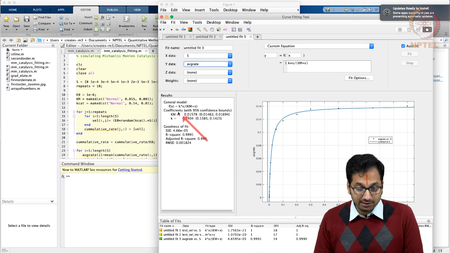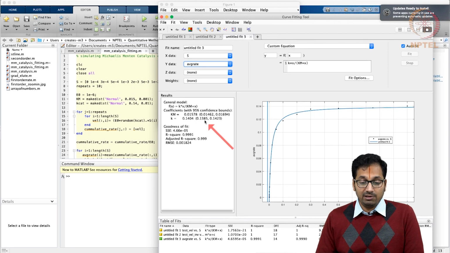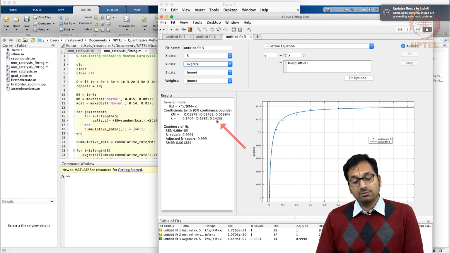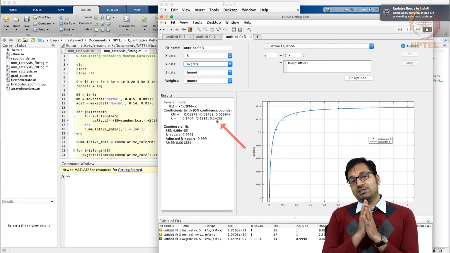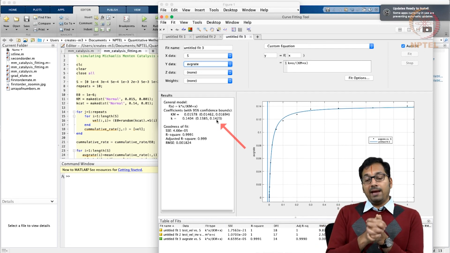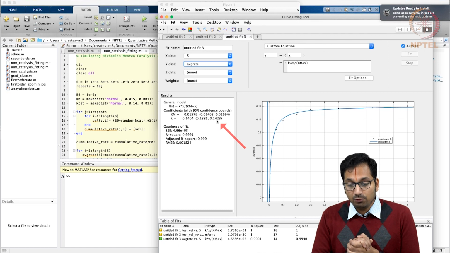We will take a look at that in a moment, and nicely the kcat average comes up to the value that you ended up giving, and in fact the error probably is in the 2nd decimal that you have provided. If you realize, 0.1385 is 0.139 and 0.142 is 0.142. So you are able to realize that the error comes in the 3rd decimal. This once again illustrates the fact that the more repeats you are able to perform, the nicer the analysis of the error you would get.